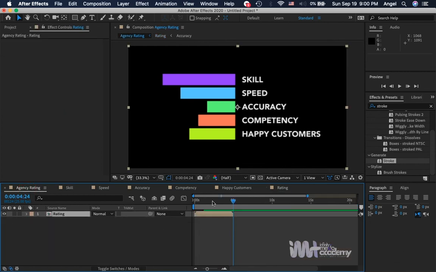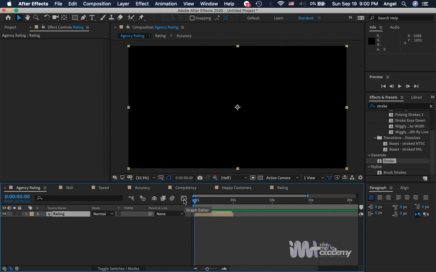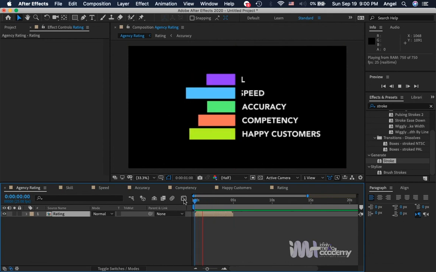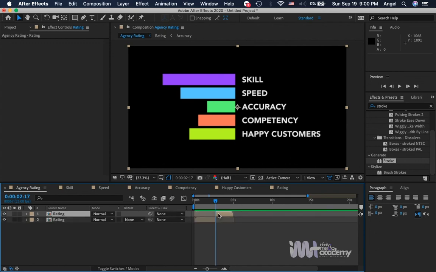So what I'm going to do is come somewhere around here. Let me play back first. Then at this point, I want to slice this layer into two. Then I'm going to also use the time reverse layer to make sure that this composition plays back again